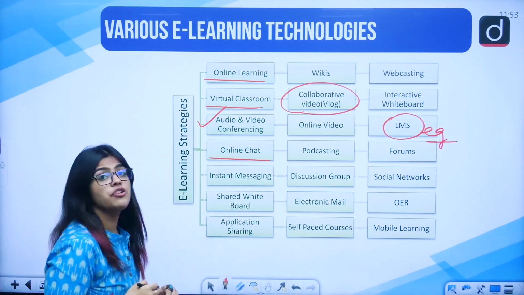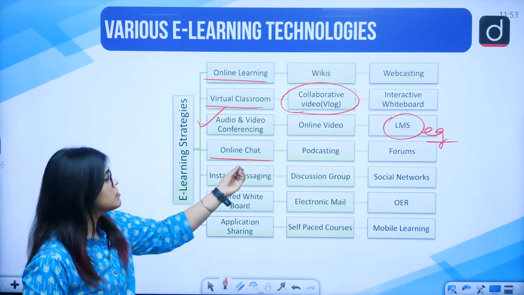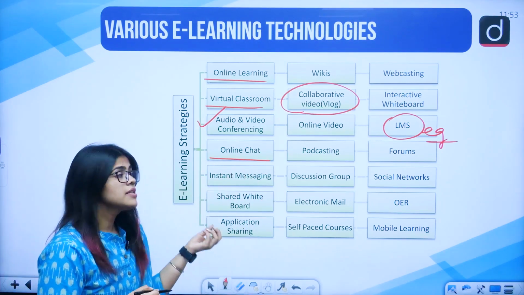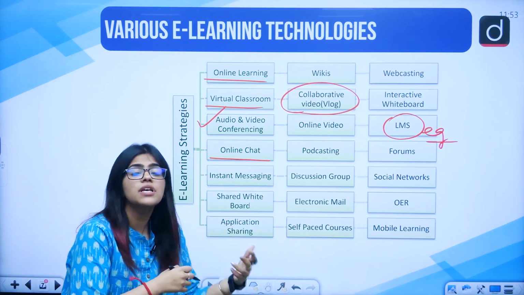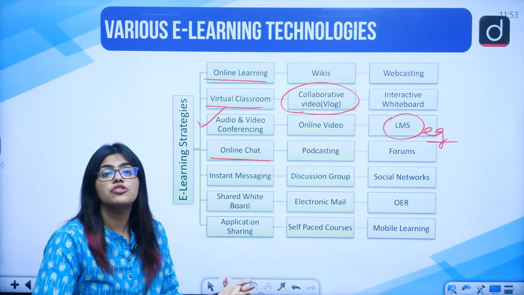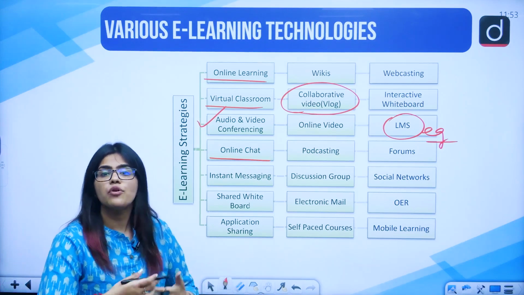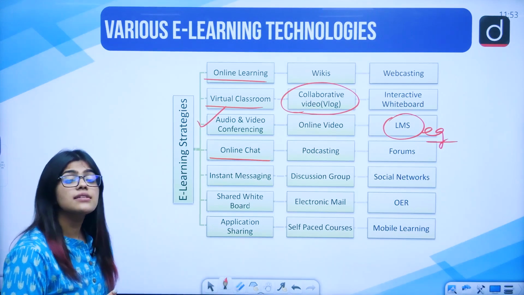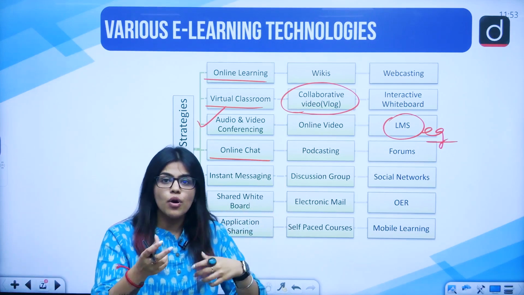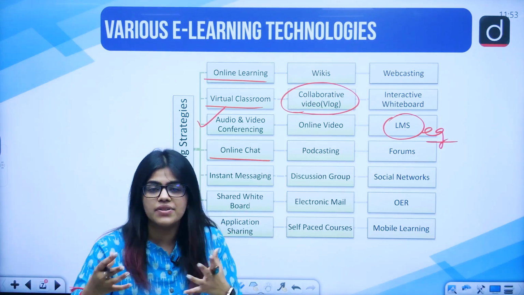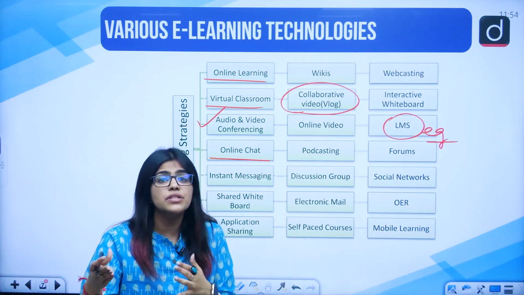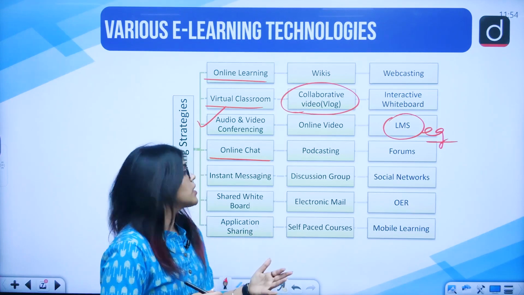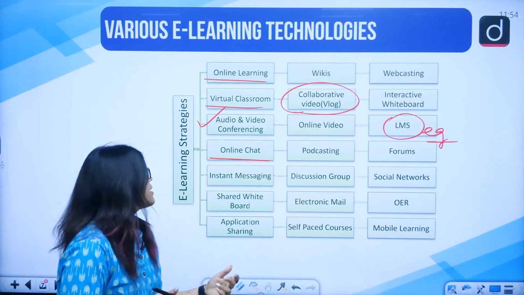Then you have online chat. You can also teach the students using online chatting. This chatting can be like podcasting, or there can be different forums where the students can come together and chat and ask about their own doubts. So we know that Swayam offers the different MOOCs, or the Swayam Prabha that we discussed about, also gives this chance for the students to interact with the teacher who is teaching it. So what is it? This is the forum that is created.